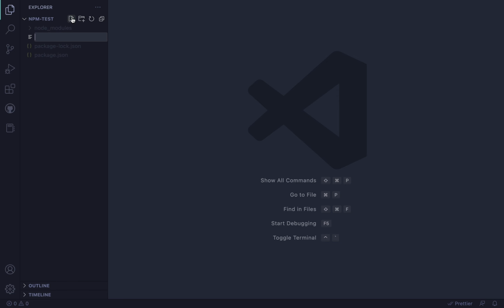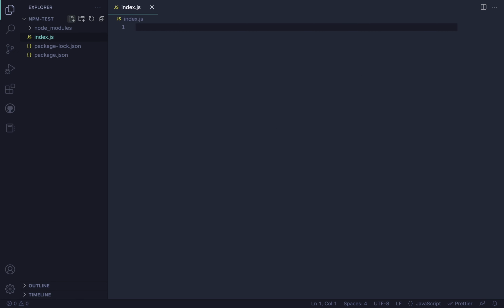So I'm going to click new file and then index.js. If you remember from that prompt command, basically, the index.js is like the entry point for our application, so we always need to create that in an NPM project. Now I'm going to give you guys sort of a code tour of this NPM project and explain what all of these files mean, because you see, we do have some new files that were generated